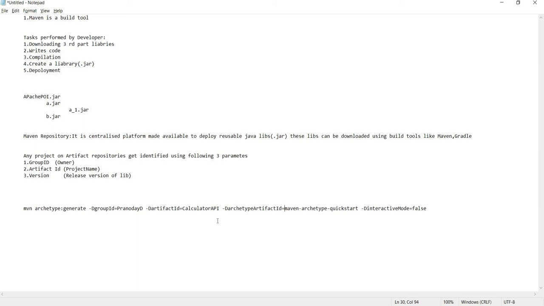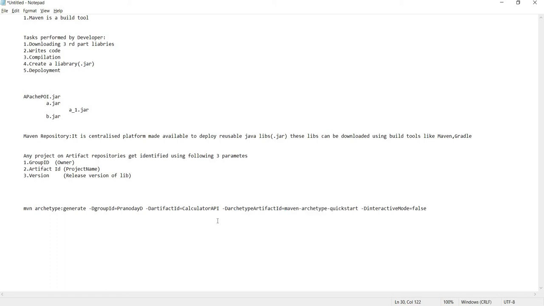There are other plugins as well. If I want to build a web application, it has its own different requirement of the directory structure. For that, there is a different plugin out there. So Maven has different plugins which will create different directory structures according to the need of your project, right? So this is the basic project we are creating, and this is the plugin which will create the basic directory structure required.